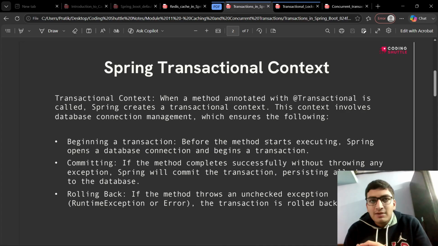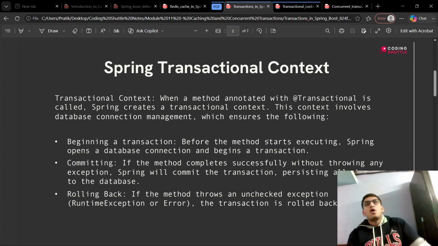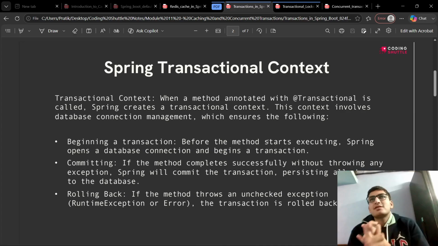Atomicity means either the transaction will run successfully or it will not run successfully, meaning all or nothing. The second thing is consistency, which means it should move from one valid state to another valid state. That's what consistency is. Then the third, isolation, means if there are concurrent transactions, then it should behave like